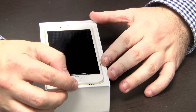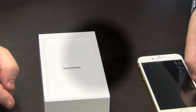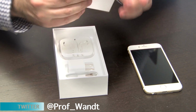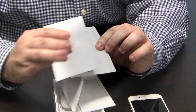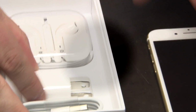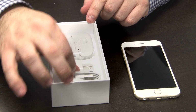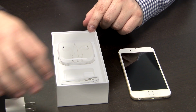As with all Apple products, the phone comes right on the top. Take it right off. We'll put it on the side. I expect to see almost the exact same things. Literature, almost the exact same literature. iPhone info and stickers. And we have the exact same accessories. Charging cable, lightning to USB, the smaller iPhone charging adapter,